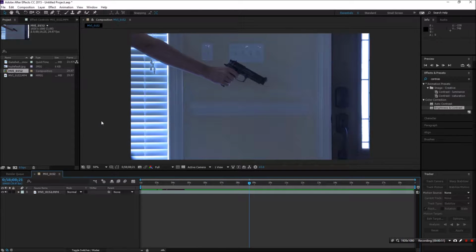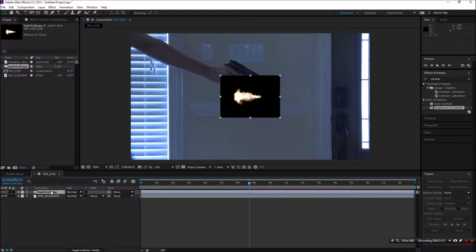Alright, so I only have two elements to create this gunshot with, one of which I got off of Google, so it's completely free. It's the muzzle flash, and then the other which was actually made in VFX, which is a program that simulates smoke and fire inside of 3ds Max. Now this particular asset I didn't create. There's a guy on YouTube who